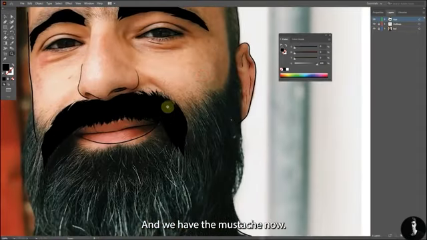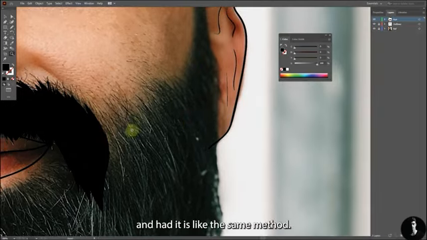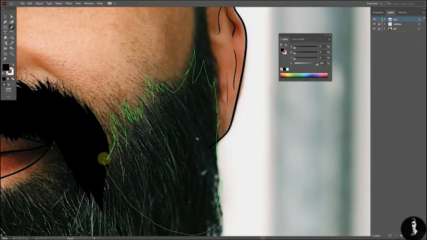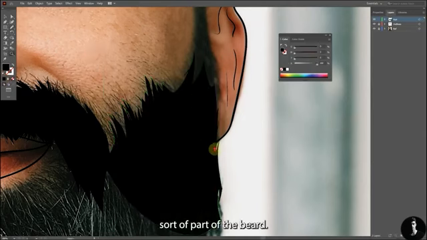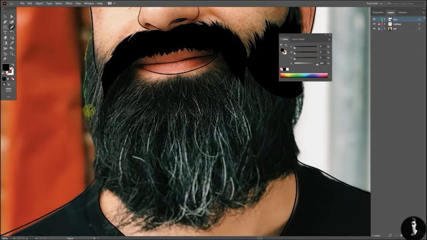And we have the mustache now. We can go for the beard. And here it is, the same method. You just have to draw on the reference. You can modify that a bit. And here it is, a small part of the beard. And then from here,